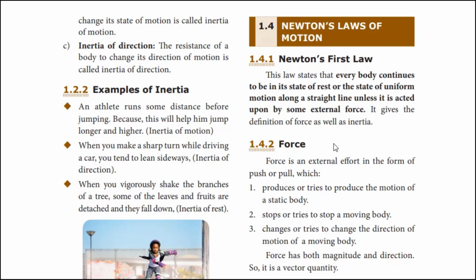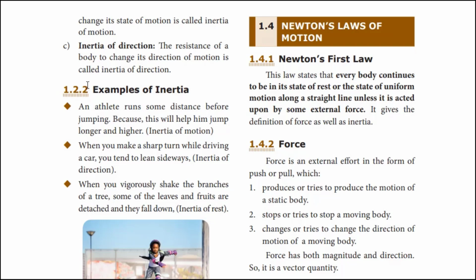If you consider celestial bodies, if you want to position a satellite in the Earth's orbit, nowadays what we are doing is we just make the satellite reach the orbit, and then this satellite will continue to be in its state of motion. It is not at all acted upon by any external forces. This is in space. But what happened to the ball on the floor? Because of the frictional force, it comes to rest. So we can take the frictional force as some external force.